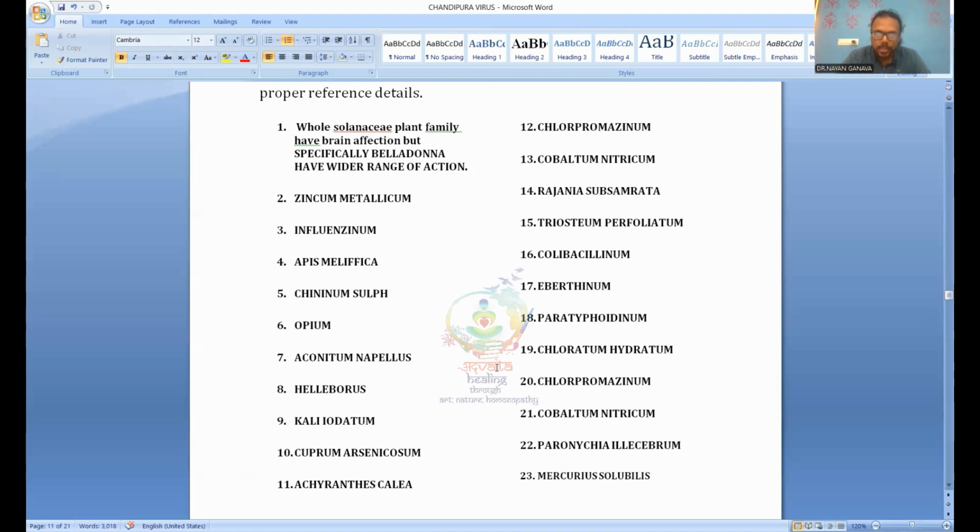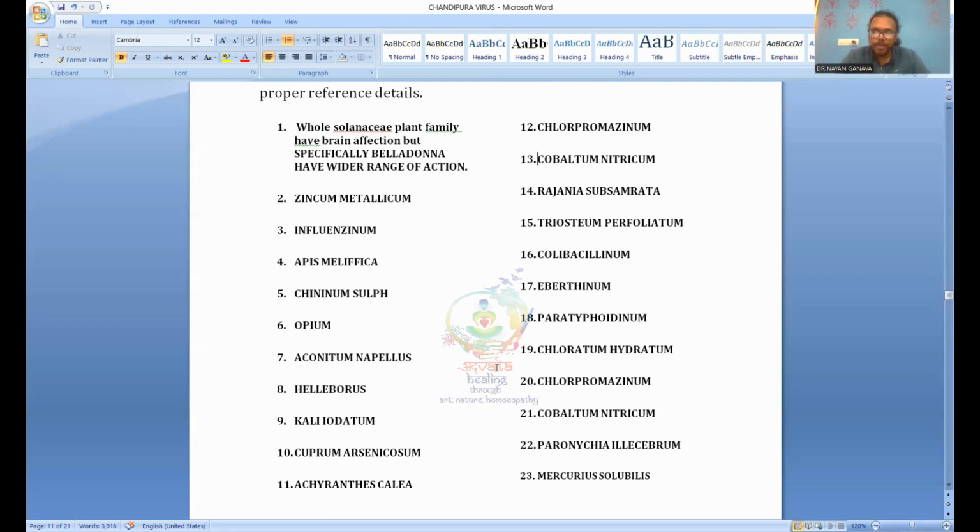So we are taking it into consideration, Belladonna being the most acute remedy, having a wider range of action. Then second is Zincum metallicum, third is Influenzinum, Apis mellifica, China sulph, Opium, Aconite, Helleborus,